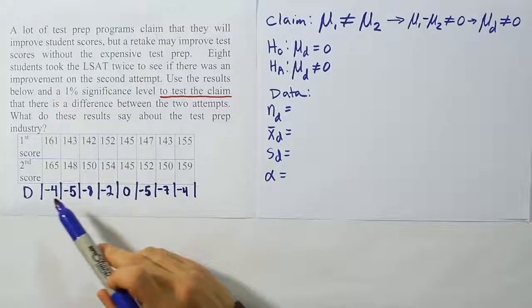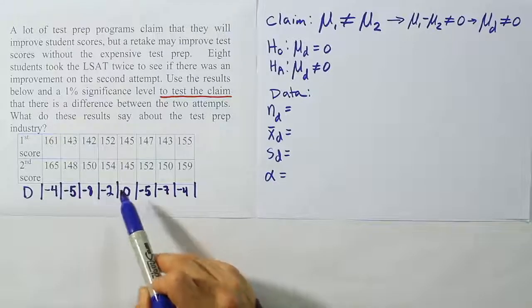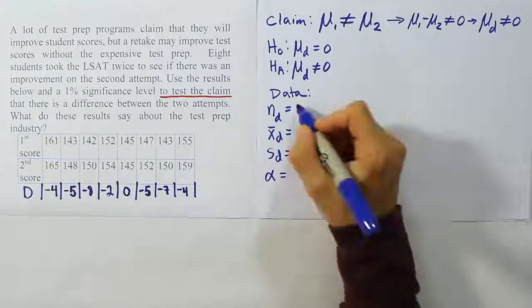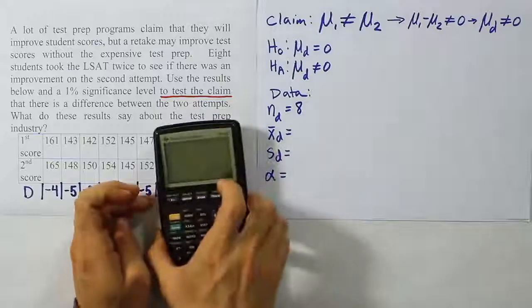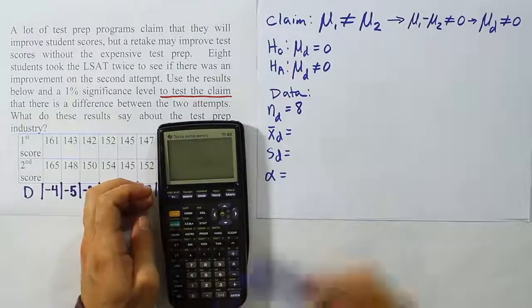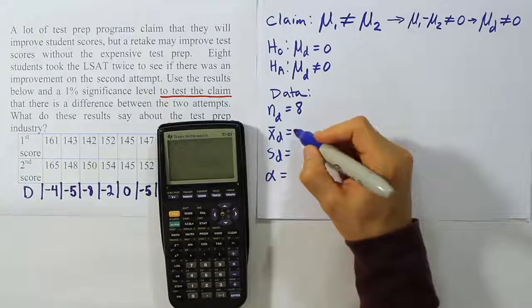All right, so how many differences are there? There's 1, 2, 3, 4, 5, 6, 7, 8. So there's our 8 for N sub D. All right, from there we're going to get the other values from my calculator because I've entered all these differences in my calculator already and done some calculations using the calculator software to speed things up. And I find the answer is